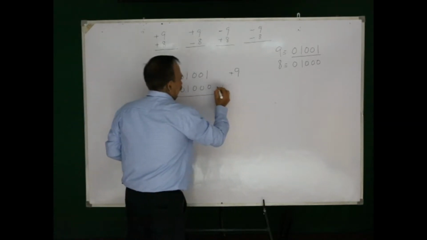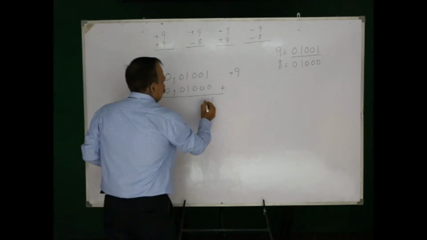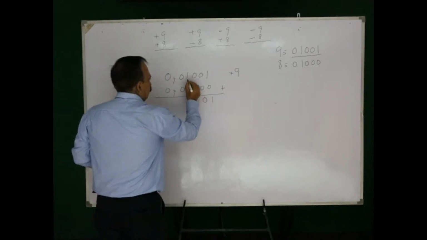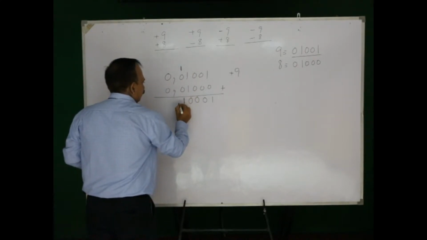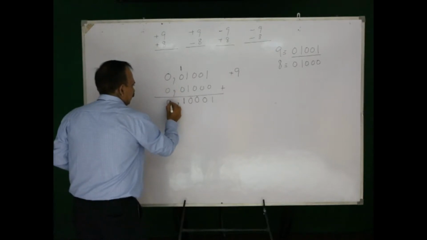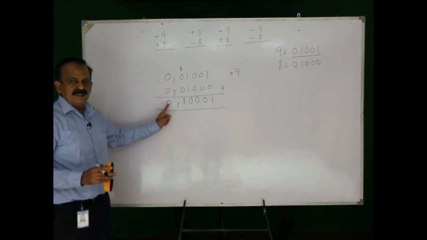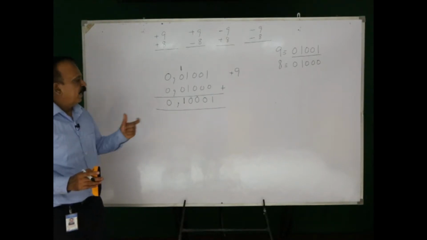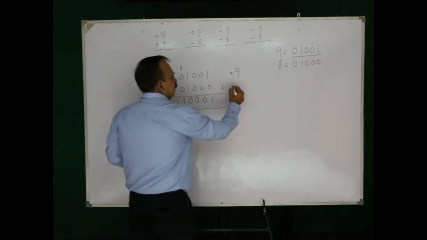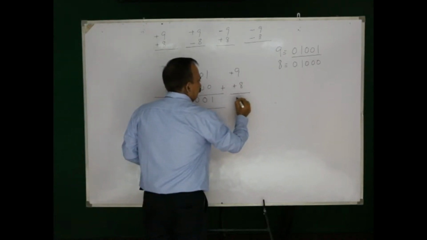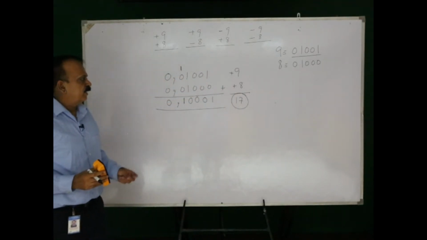So simply add these two numbers. What will be the answer? It is 1, 0 plus 0 is 0, 0, 1 plus 1 is 0 and the carry is 1. This is 1, and 0 plus 0 we add, the result is going to be 0. Now this 0 is indicating that the result is positive, and this particular part is the magnitude. If we convert this to decimal, positively this answer will be 17.